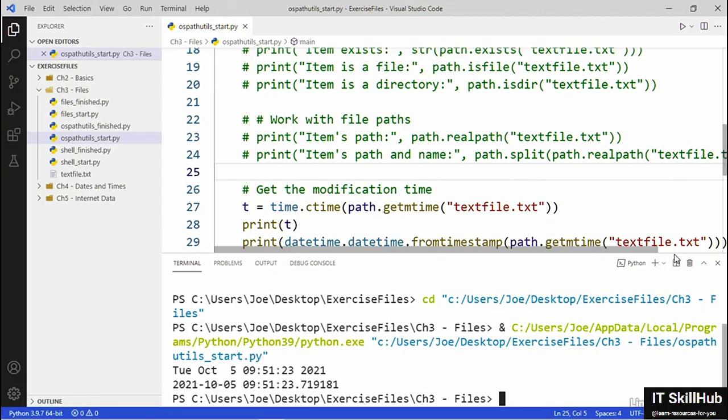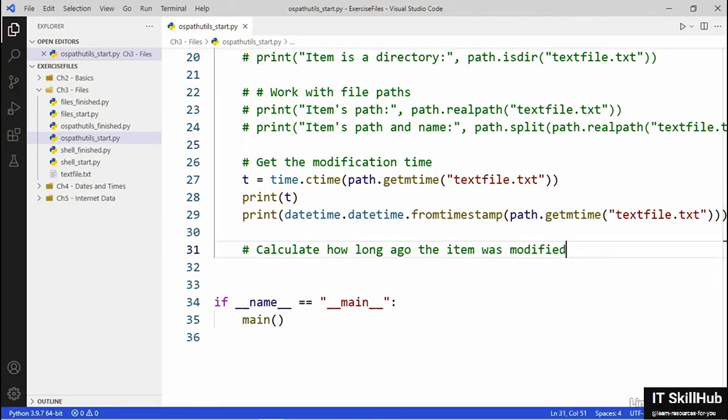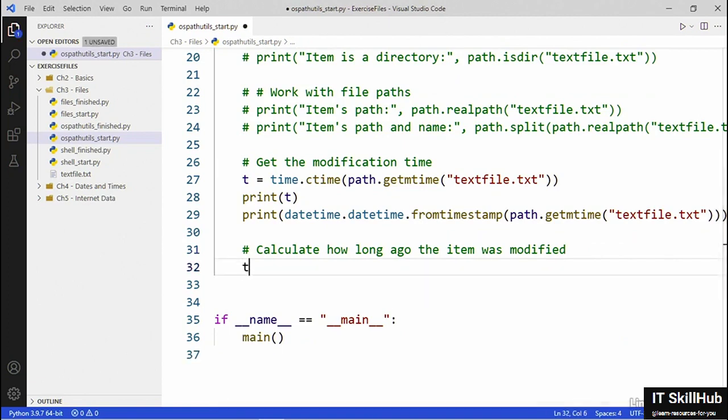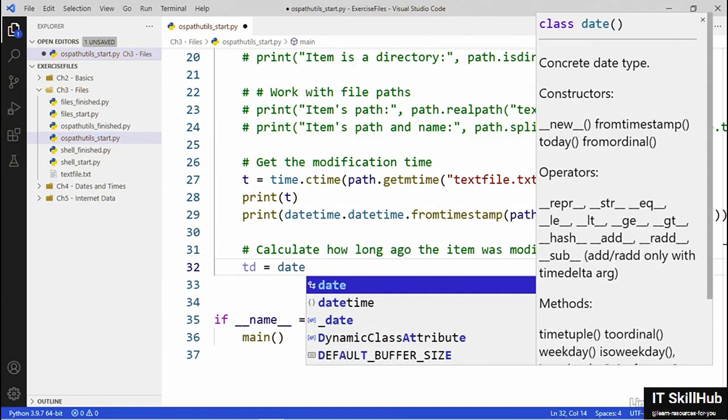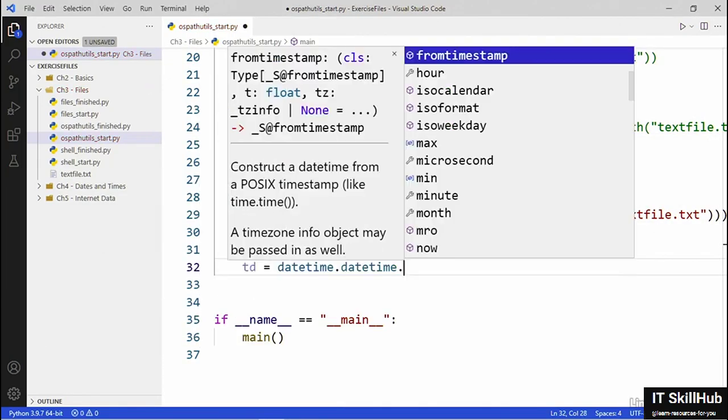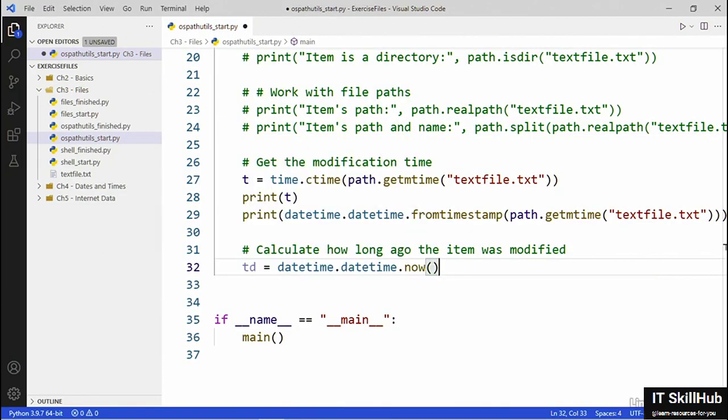Okay, so one more example, and this time it's going to involve some date math. And again, we haven't really done the chapter on manipulating dates yet, so just bear with me on this. What I'm going to do is calculate how long ago the file was modified. So I'm going to create a variable named td, and I'm going to assign that to datetime.datetime, and I'm going to call the now function, and that will give me the current time, okay? So that's going to give me the current time that I have right now, and I'm going to subtract off